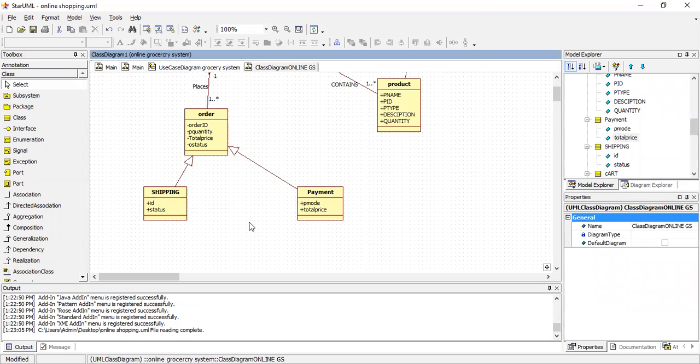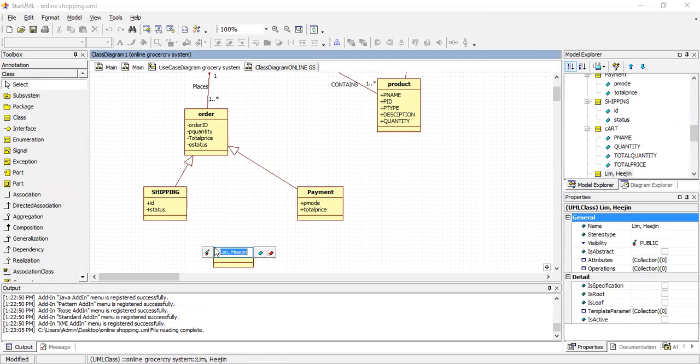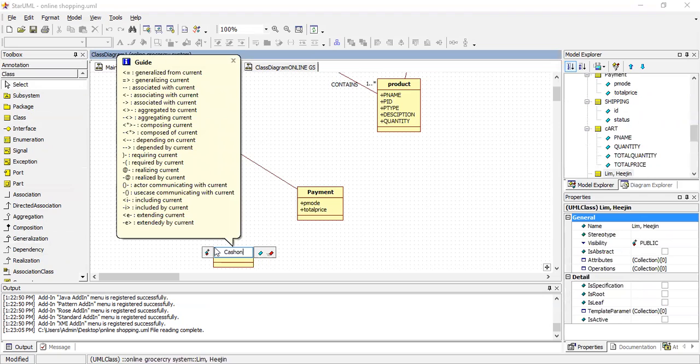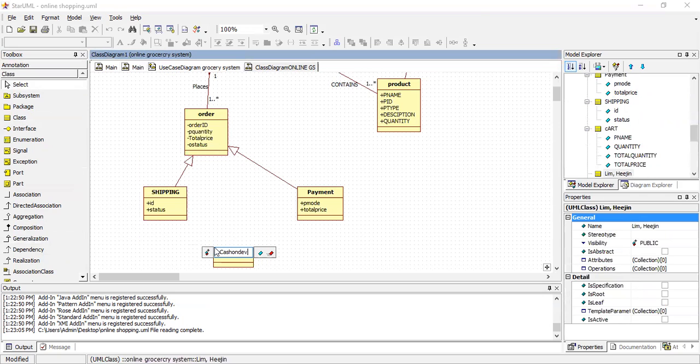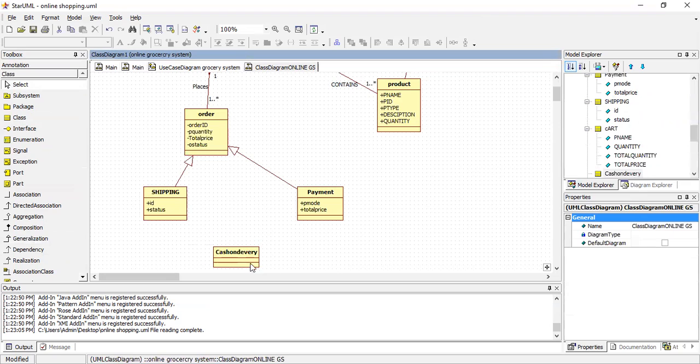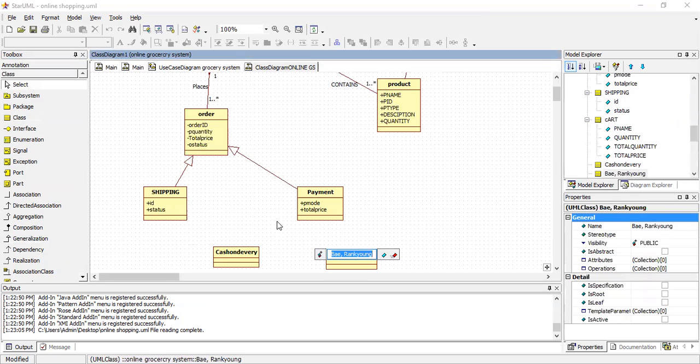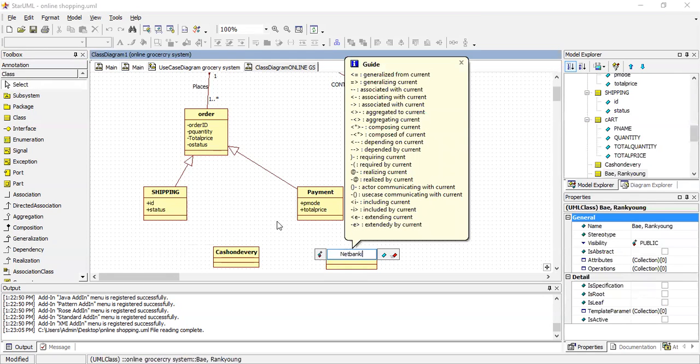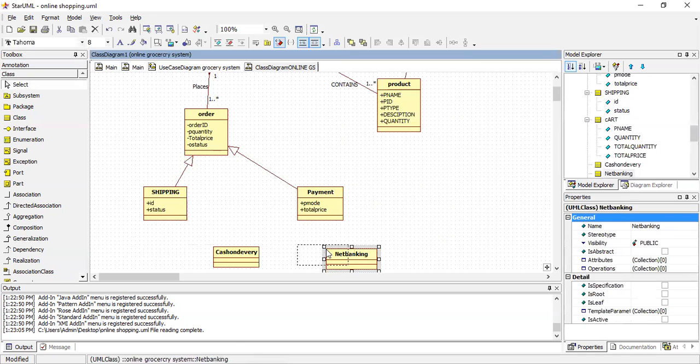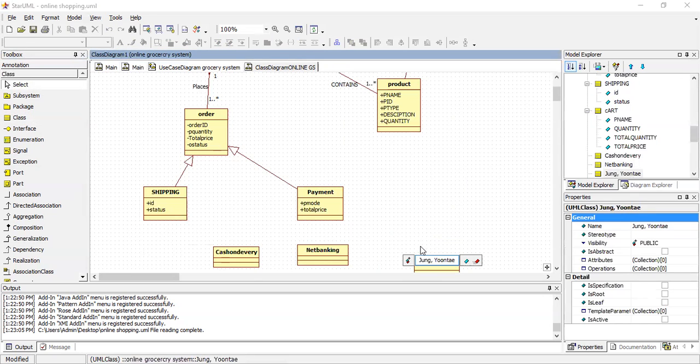After that, if you want to go further, payment has a different mode. You can show with the generalization relationship that create the classes like different payment modes. You are having cash on delivery, or, as already we have discussed in the use case diagram, we are having net banking, UPI. You can create a number of classes. Net banking, how many more you want to show, that all you can connect here. You can say credit card,